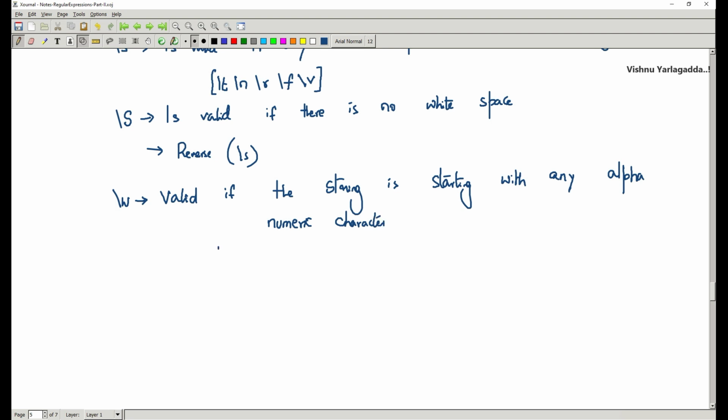The alphanumeric characters can be capital A to capital Z, small a to small z, numerals 0 to 9, and one more important thing is that underscore is also an alphanumeric character.